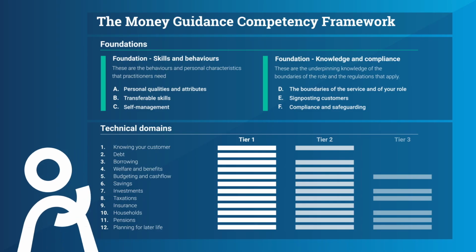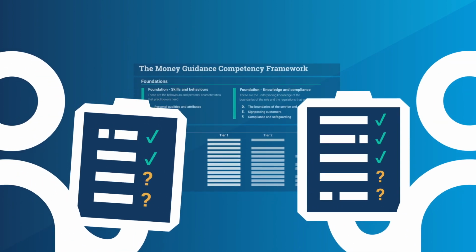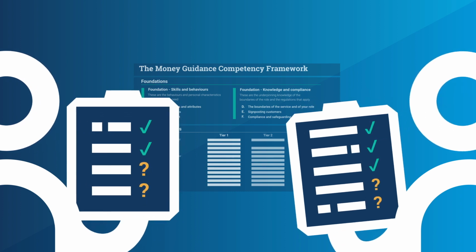You can also reflect on your learning and development. Which areas of your money guidance have been supported by training or continuing professional development? Can you pinpoint any gaps or where you feel you could learn more? Now you can think about how to improve your money guidance. Which areas of learning are a priority for you? What training and development opportunities are available and when?